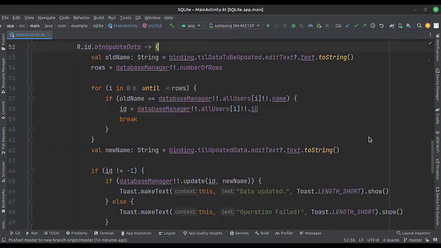When the Update Data button is clicked, first, we get the data to be updated from the edit text, then we loop through the database and check if this data actually exists in the database or not. Then we get the new data from the edit text and update the old data with a new one like